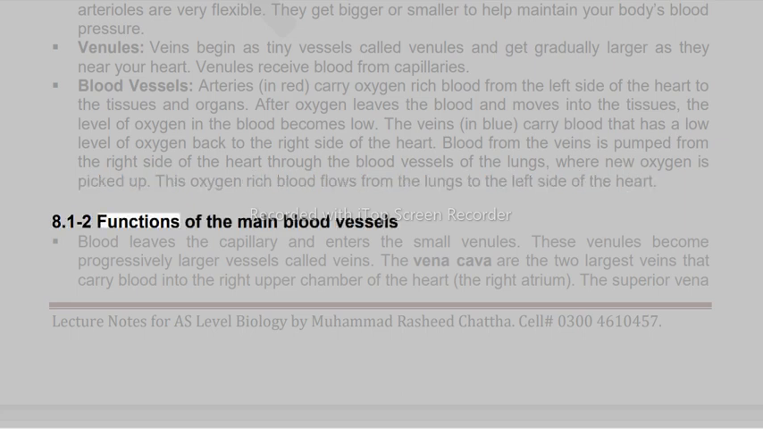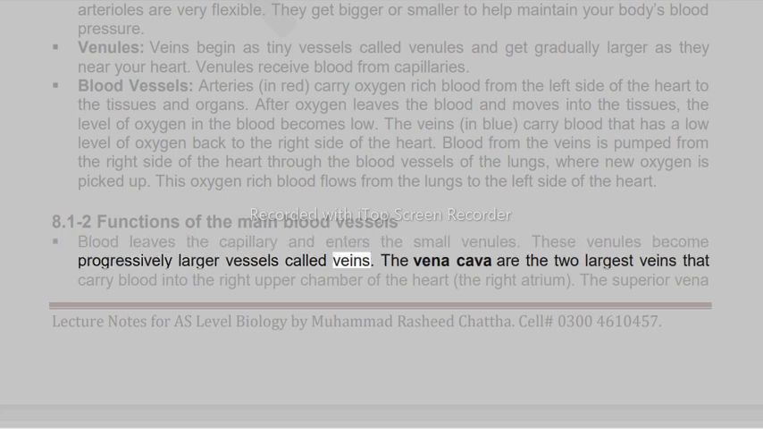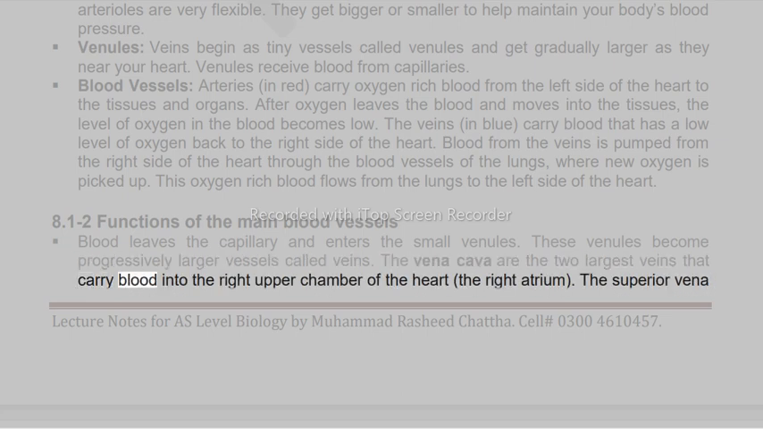8.1.2 Functions of the main blood vessels. Blood leaves the capillary and enters the small venules. These venules become progressively larger vessels called veins. The vena cava are the two largest veins that carry blood into the right upper chamber of the heart, the right atrium. The superior vena